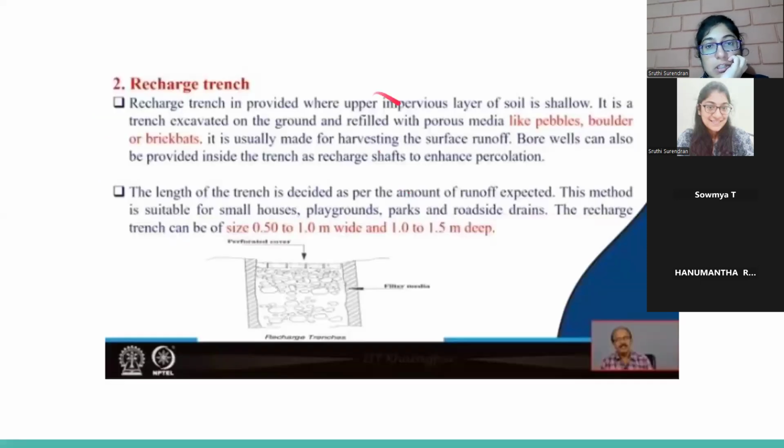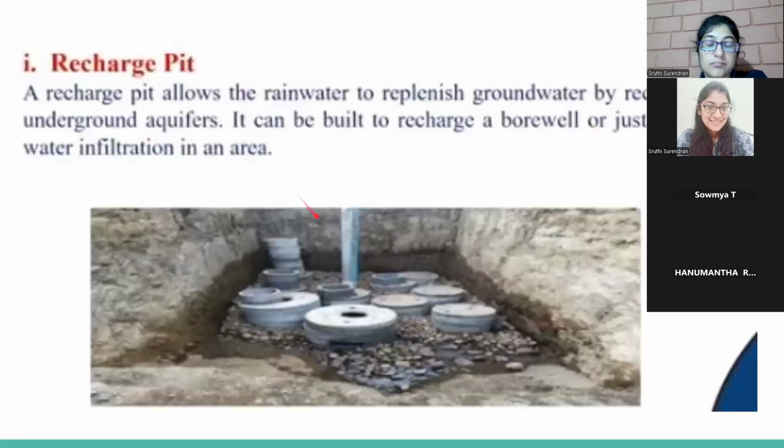Okay, so recharge trench, when the upper impervious layers of soil are shallow, then the recharge trench is provided in